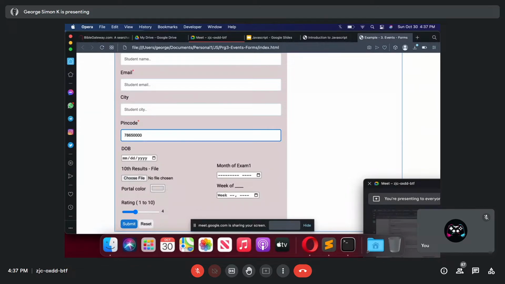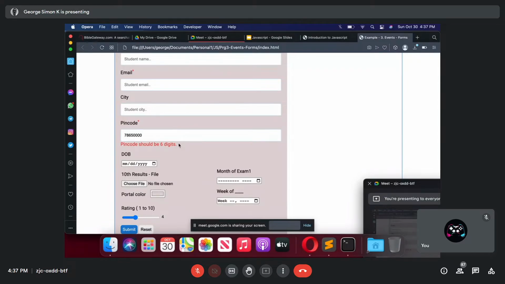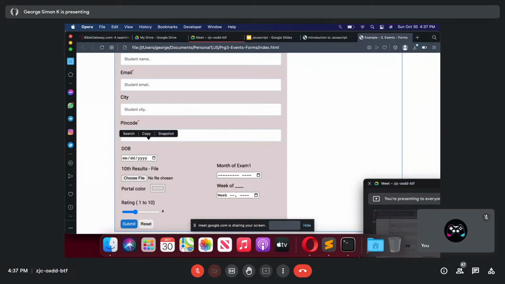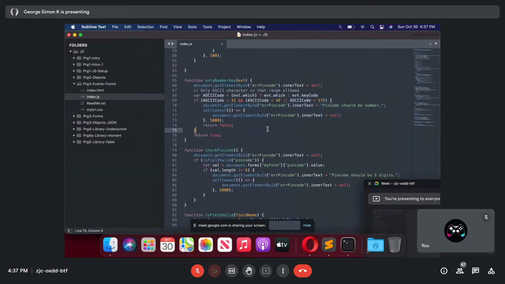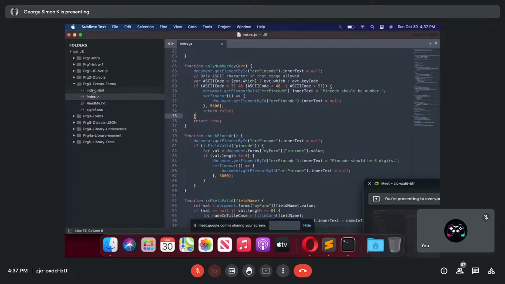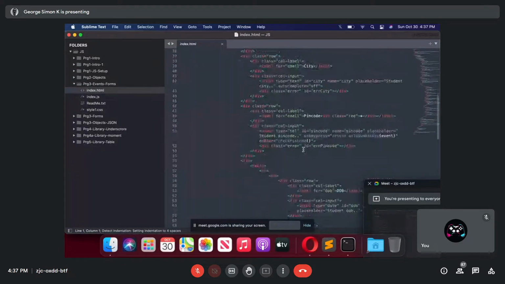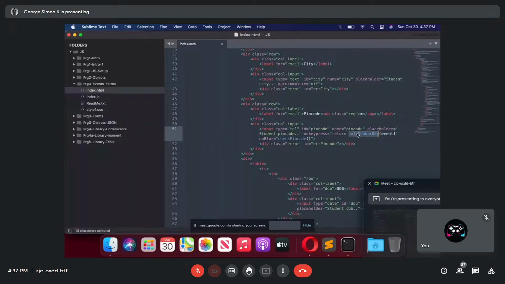Now I'm adding more than 6 digits. That is the reason you're seeing another message called pin code should be 6 digits. The 6-digit validation I'm using inside another event called blur.